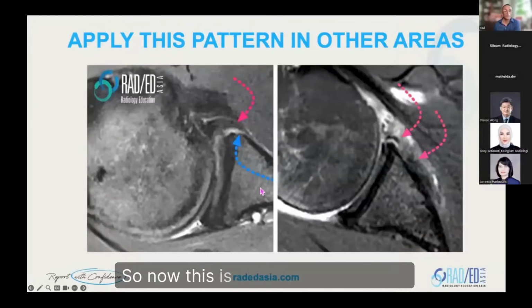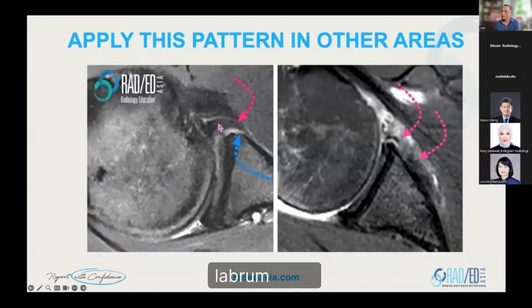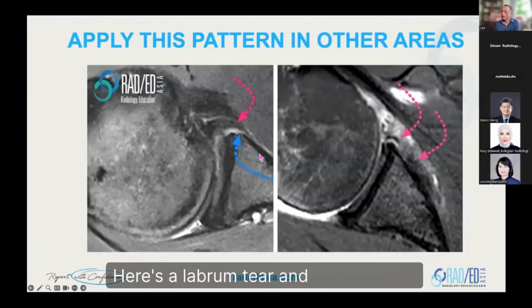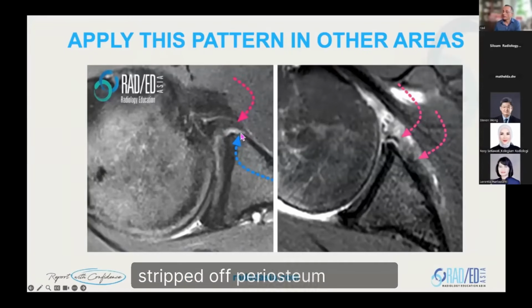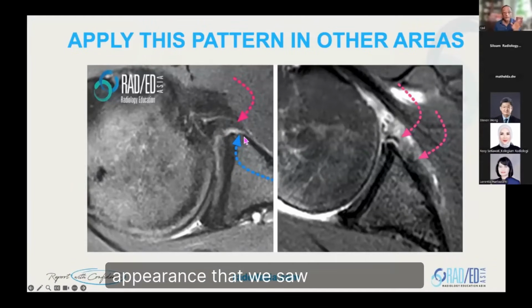This is not the only place we see it. We'll also see it virtually everywhere else, but very commonly we see this in the shoulder. So this pattern again, we've got a labrum here. Here's a labral tear, and then you see cortex, and then you see a second black line. This is the periosteum that's been stripped. The labrum is still attached to the periosteum, so this is periosteum, this is labrum, and it's stripped off the attachment, and then fluid is tracking between the stripped off periosteum and the cortex,